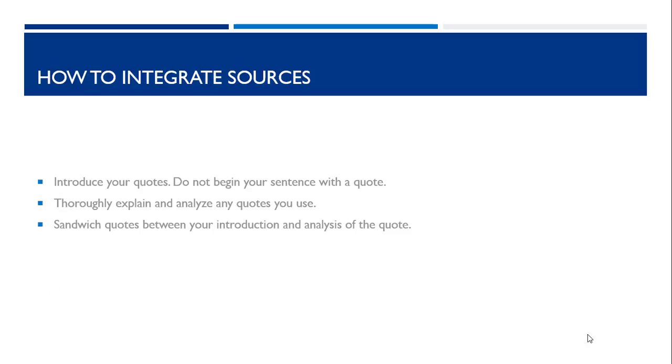Now, how do you integrate these sources into your paper? The first thing that I would recommend is for you to introduce your quotes. Don't begin your sentence with a quote. Always introduce it in some way. This is a common mistake that I see among first-year writing students. They don't know how to effectively integrate their quote into their paper, so they'll just drop it in there. Your sentence will begin with a quote, end with the quote, and then they'll go on,